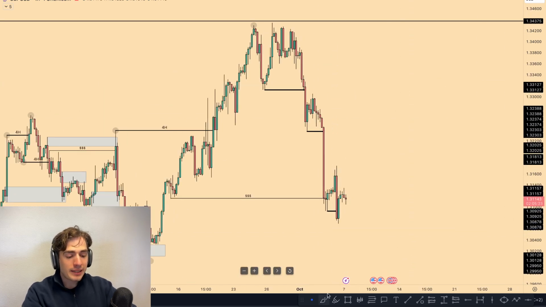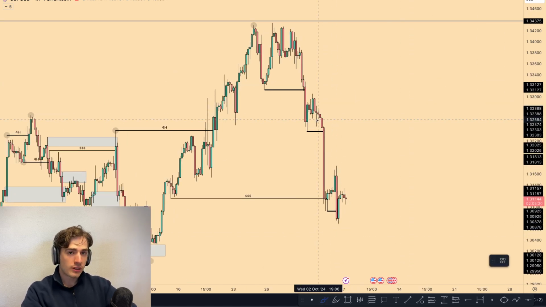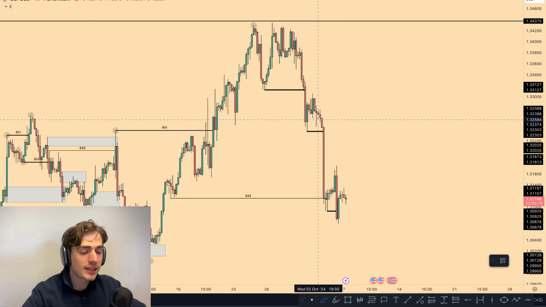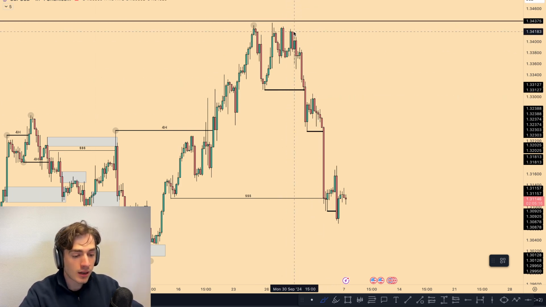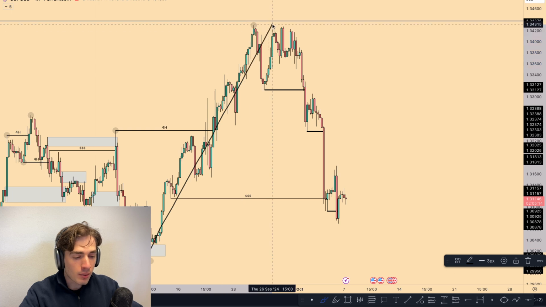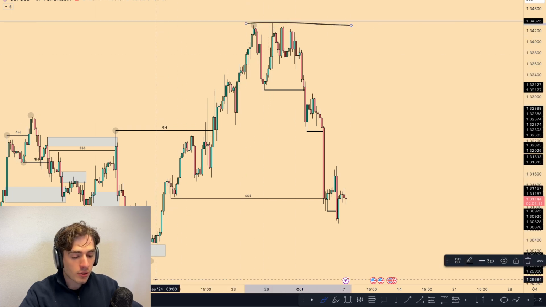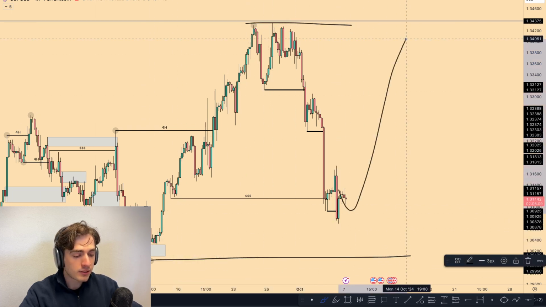However, momentum is still extremely bearish, but pound dollar is more interesting than these other dollar pairs because it has done one thing that I like a lot. So this is overall your 4-hour impulse up. So you could still argue that pound dollar is bullish and it would make sense to now look for longs.